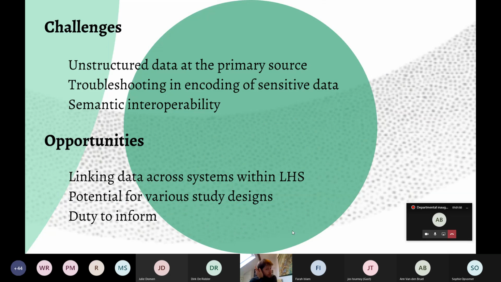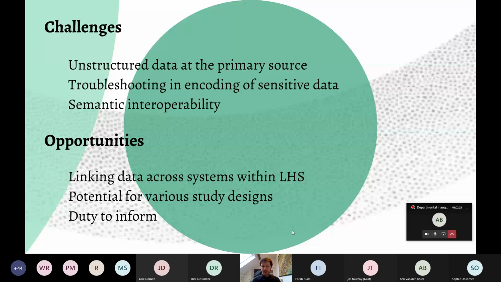There are some challenges. We used this method as well for the ELMO study. We've used or attempted to use this method also for the diabetes trial. There are some other trials where we looked at Healthdata as a means for collecting data. We also use this method for collecting data for the Intego database, which is a primary care morbidity registry, which is run at the Academic Center of General Practice as well. And there are some challenges because